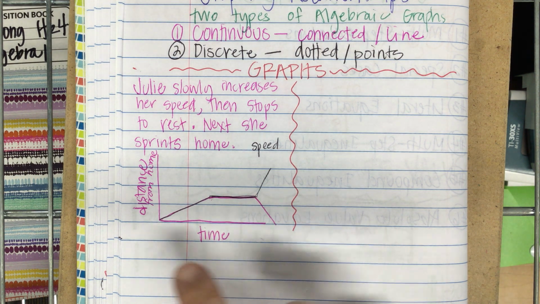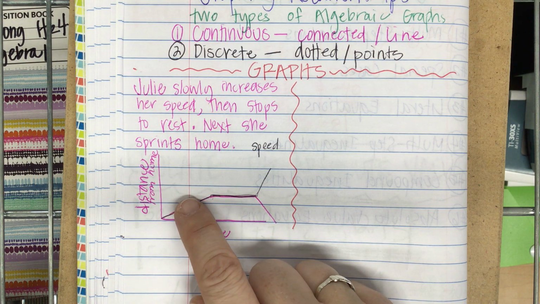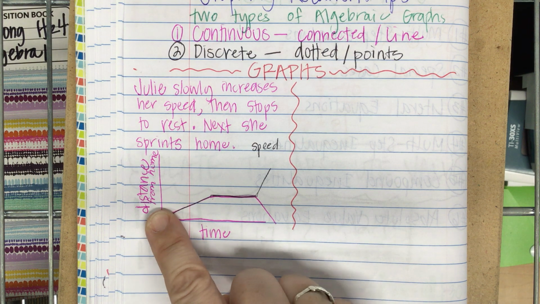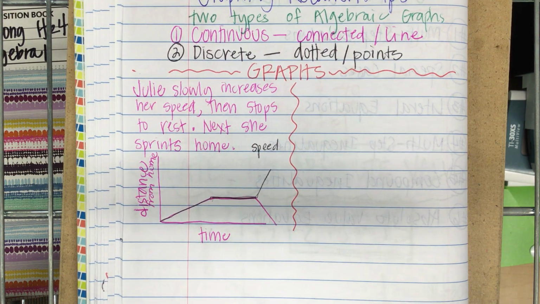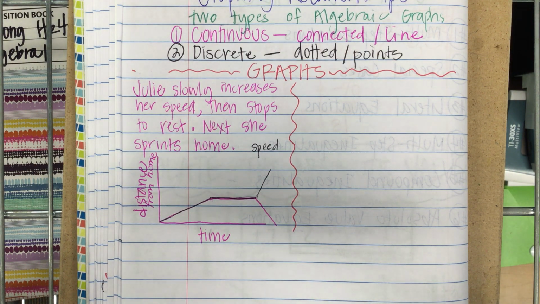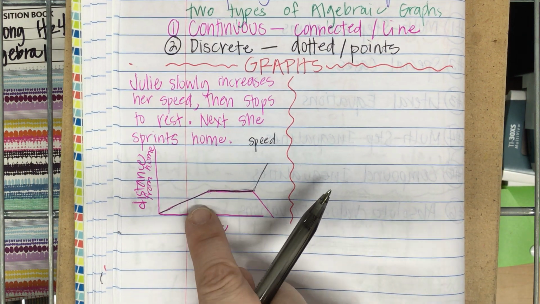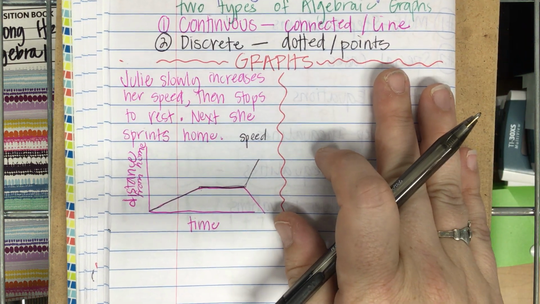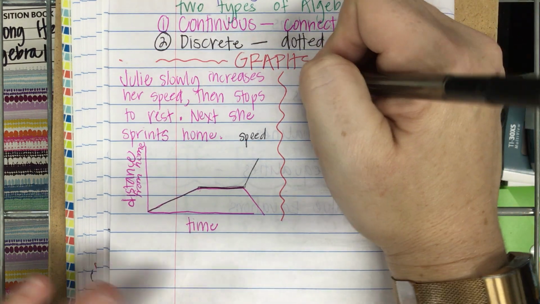But a continuous graph looks like this because Julie is covering every single piece of data. She's not in Harry Potter and just ends up in these locations. This is a continuous graph. Most of our graphs that we work with are continuous. But there could be discrete graphs, like Simon